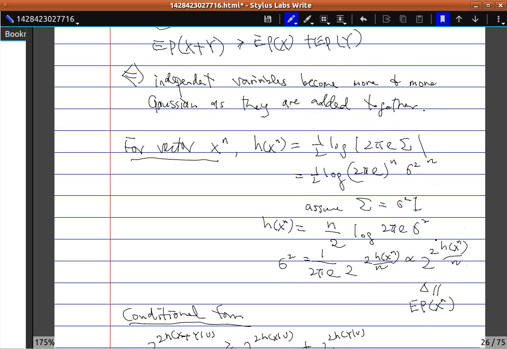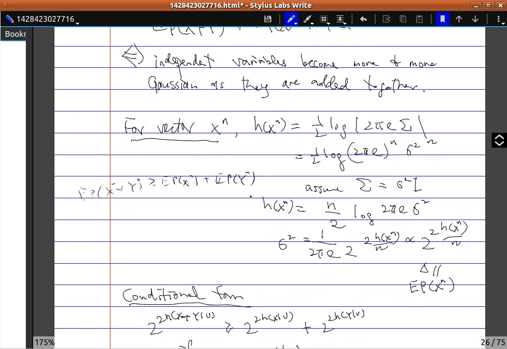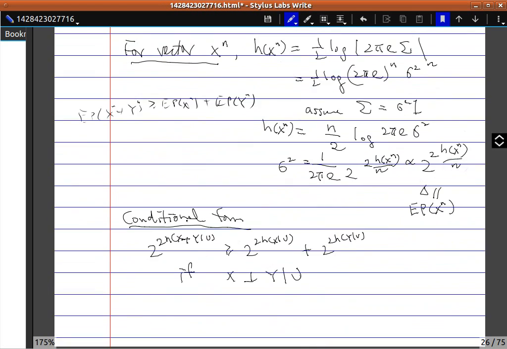And of course, we will have the entropy power inequality in the same form, basically EP(X^n plus Y^n) bigger than or equal to EP(X^n) plus EP(Y^n) if X^n and Y^n are independent. And we can also have a conditional form if X and Y are conditionally independent given U. The only difference is that all these entropies will be replaced by conditional entropies. And that's it. That's all I want to talk about for